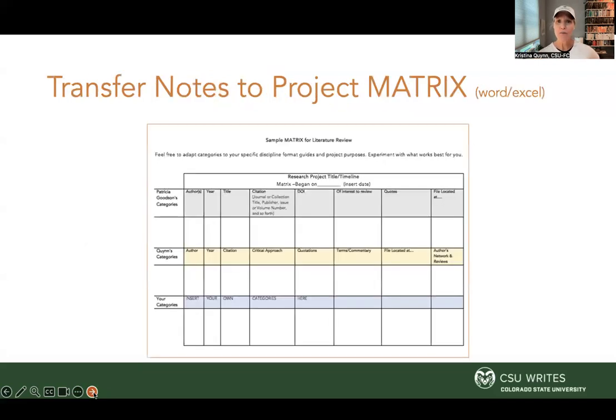That's transferring your notes to a matrix. This comes from Patricia Goodson's 50 exercises for academic writers, on becoming an academic writer. And I like it. I don't use it all the time. I do have my graduate students do it. And for our research projects, the graduate student is the one who pulls this together and puts it